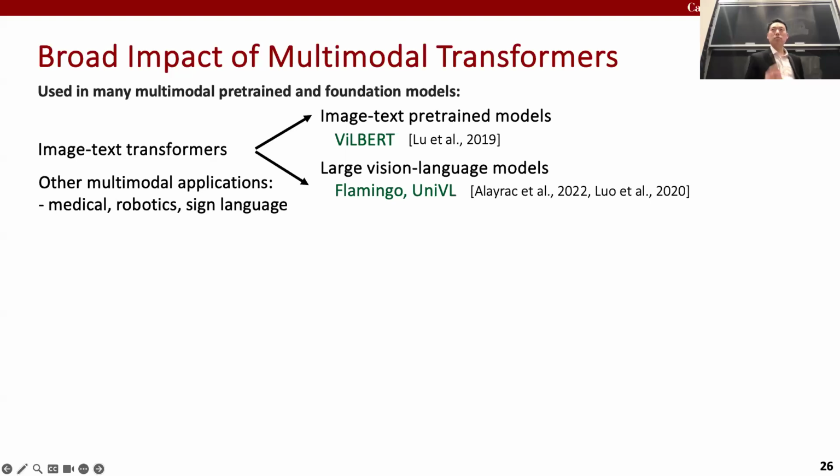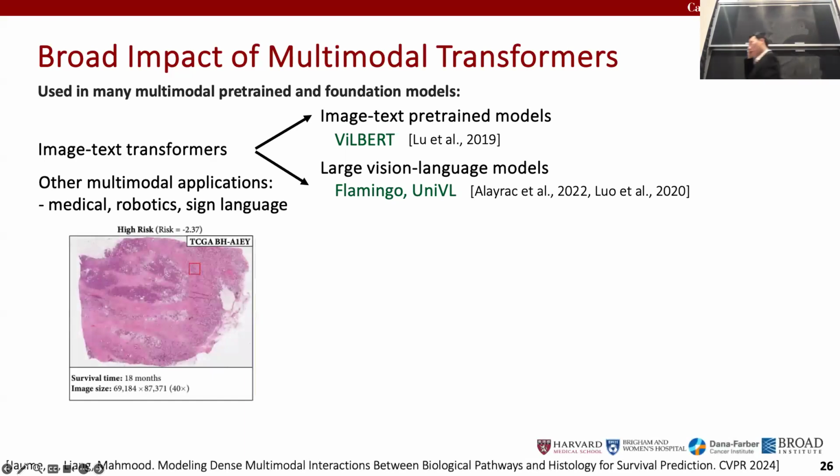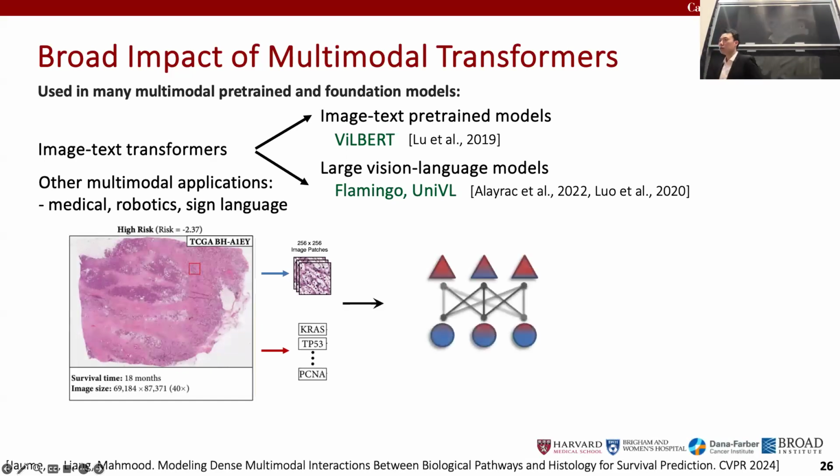They've also been used broadly in other multimodal applications. I want to highlight an application in medicine they've been working on. We have these large microscopic images, very high-resolution images under the microscope, which are more than 10,000 by 10,000. We're going to break that down into 256 by 256 patches. We'll look at genomics data, which is DNA and RNA, and treat that as a sequence of tokens. Essentially, these multimodal transformers allow you to learn the pairwise interaction between different individual local patches in the image with different genomes in the sequence. And that allows you to predict different types of risk and disease in patients.